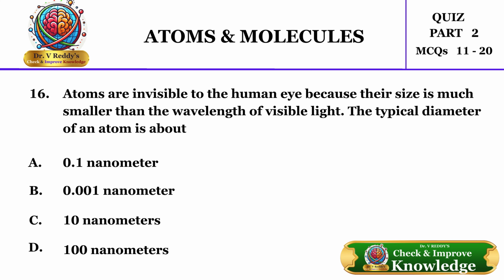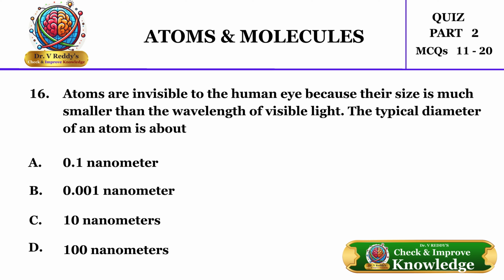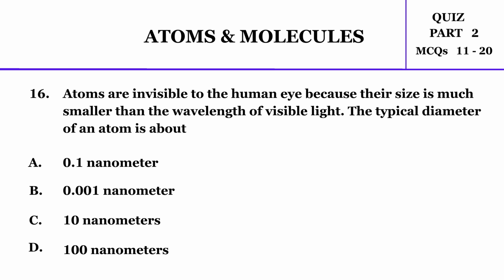Atoms are invisible to the human eye because their size is much smaller than the wavelength of visible light. The typical diameter of an atom is about